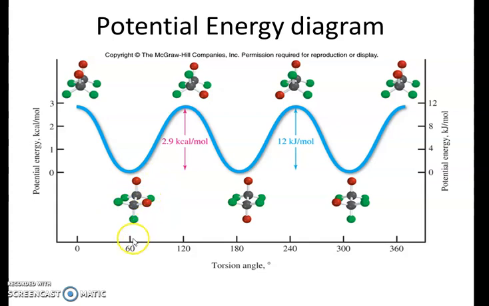You can see the CH bond is between these two and vice versa. And again, if you rotate about 60 degrees, you will reach the eclipsed form, and the potential energy will again be maximum. So this is the potential energy of the eclipsed form, while this is the staggered form. The difference in potential energy between these two is calculated as 2.9 kilocalorie per mole, which is equivalent to 12 kilojoule per mole. So this is the relative stability. So you can say the eclipsed form has more repulsion and more potential energy, while the staggered form has lesser repulsion and lesser potential energy.